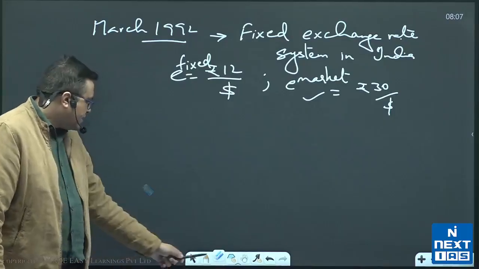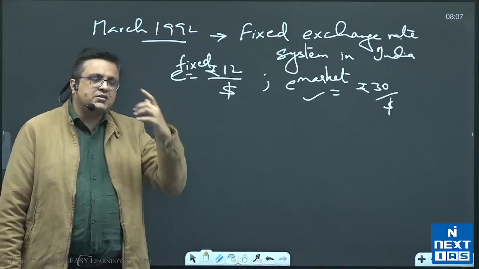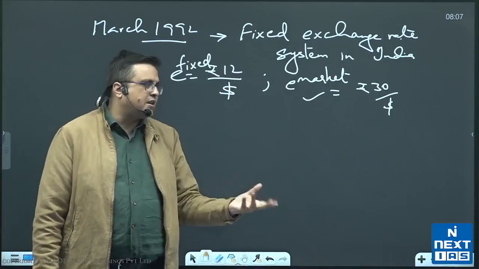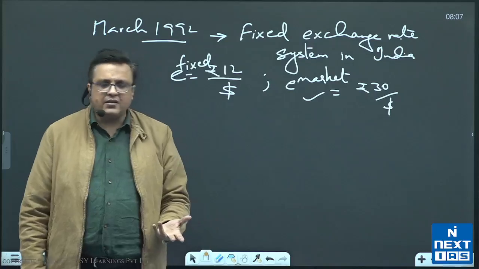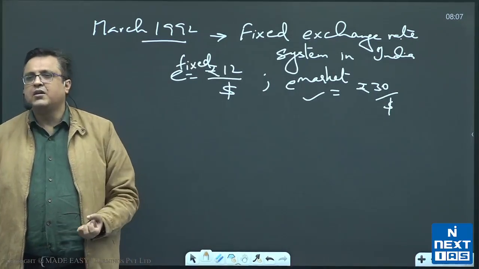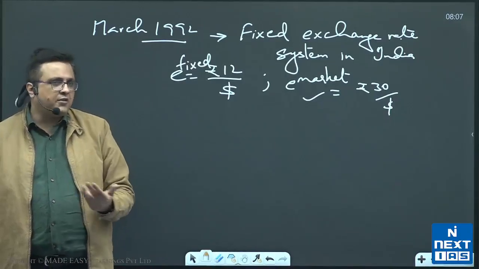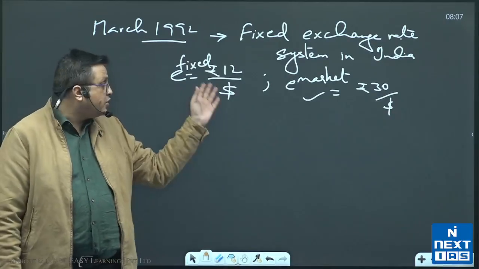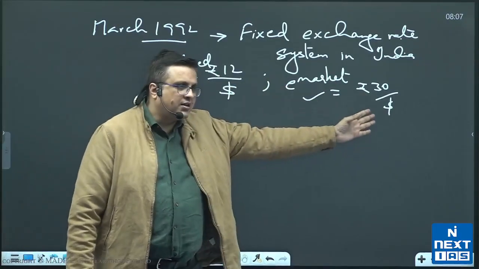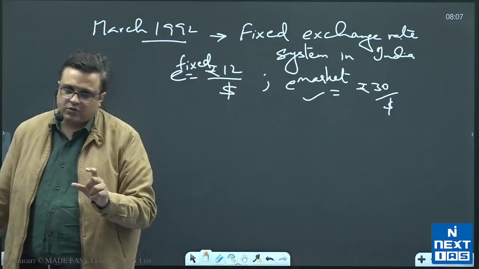Anyways, now as we were liberalizing, it was suggested that India should shift to market exchange rate so that our currency takes a realistic value and everybody should get the right impression about the true value of our currency. Initially, the government resisted it, especially the Prime Minister. He was not in the favor of doing it because he said it will create huge fluctuation if you go from 12 to 30 straight away. So a method was found.